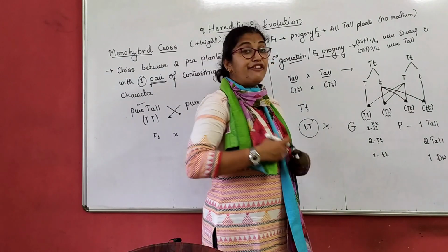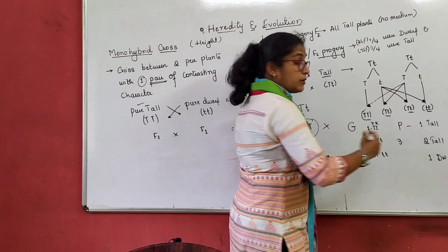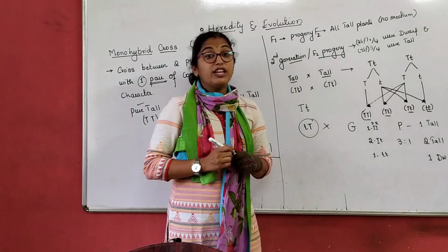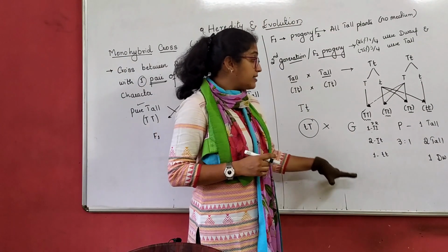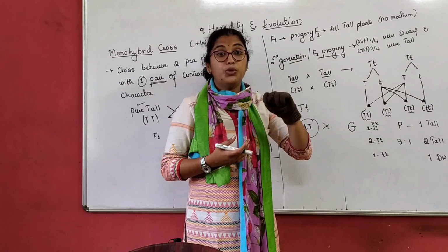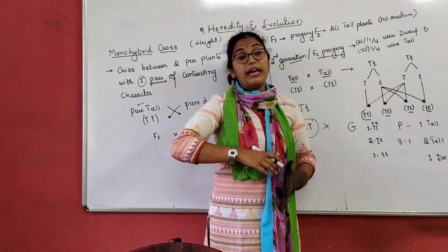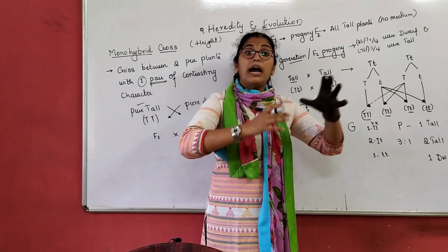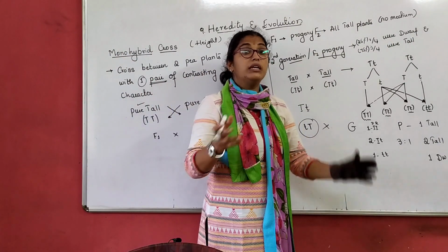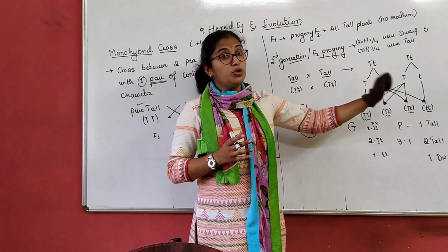Now totally with phenotype condition, how many tall plants do I have? I have 3 tall plants, 1 dwarf plant. Ratio I am talking about, right? Understand, if I cross hybrid these, I will not only get 3 tall and 1 dwarf. Ratio 3:1 I get. It is not that I only choose 1 or 2. I randomly choose those plants. In that number of plants what I have grown, the ratio of tallness to dwarfness is 3:1.